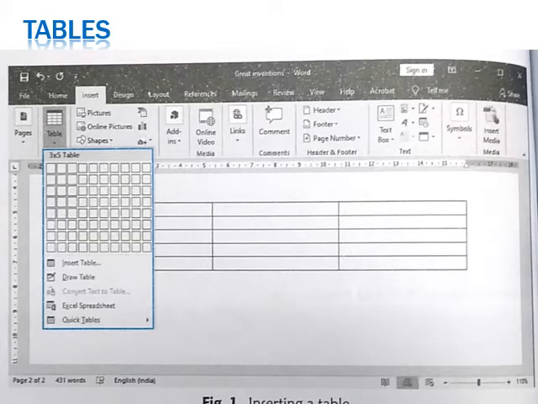This is the image. If you move on to the insert tab in tables group, you will see a screen something like this. It will show you a grid like structure, and from here you can simply select as per your requirement. If you move towards your right hand side, that would be talking about the number of columns you want to have. If you move towards down, that would be defining how many rows you want to have in your table, and accordingly you can simply select the check boxes, and those many rows and columns will be displayed in the table that you are designing.